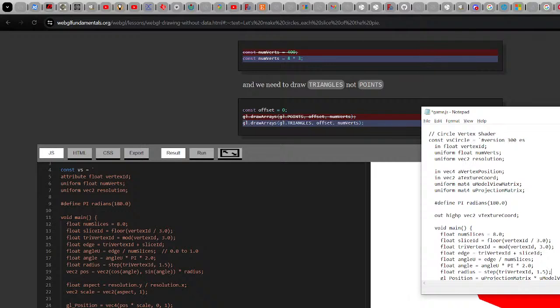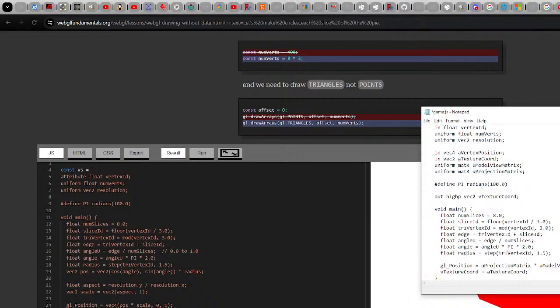So radius would also be interesting if we could specify that. Cosine, sine. So we have the center. Cosine. Okay, okay. And we have the angle. And then, yeah, so